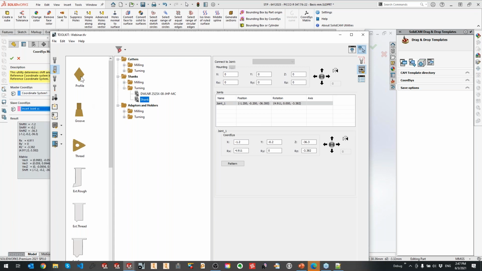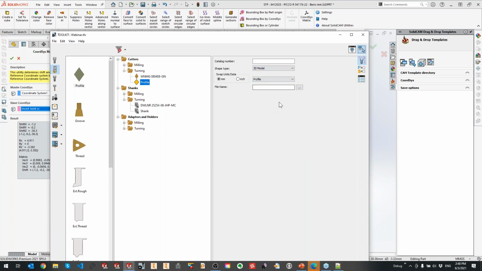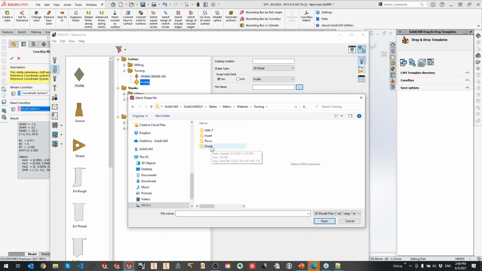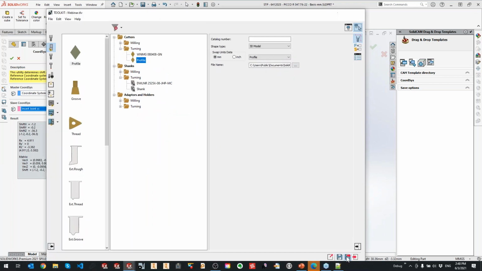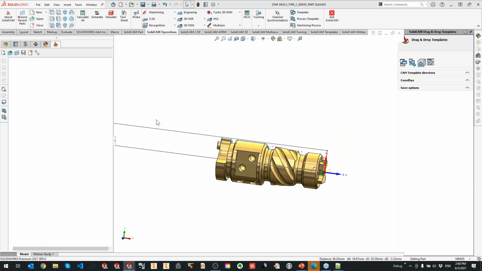And the next one is the profile. And I will be just selecting as a 3D model. Great. I'll just save and exit. I don't need this 3D model anymore. Go back to the project,